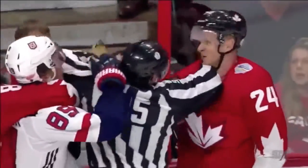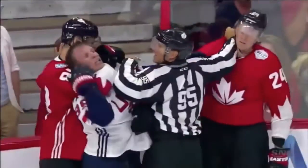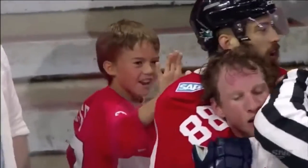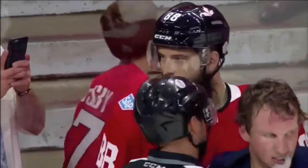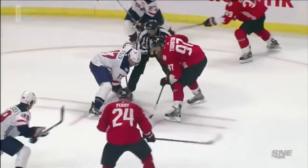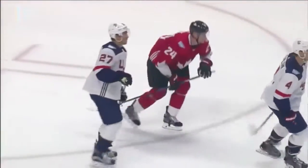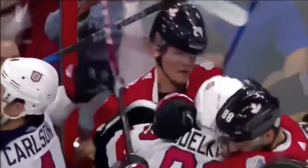Joe Thornton, who rocked Kessler in the first period and was penalized for it, comes in here hard and finishes his check on Justin Abdelkader, and then everything kind of goes from there. You know, Corey Perry and Ryan Kesler are kind of those two villain-type guys, and they love to play that villain. Right off the draw, there's the slash on the hand by Abdelkader on Corey Perry. Now, he's going to pick up his stick, and then this thing's going to roll itself around, and Joe Thornton just lays it on him. In comes Perry to give Abdelkader a shot, and then all the shenanigans start from there. It's a bit of a schmozzle after that,